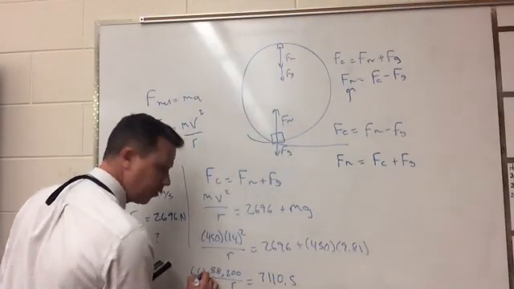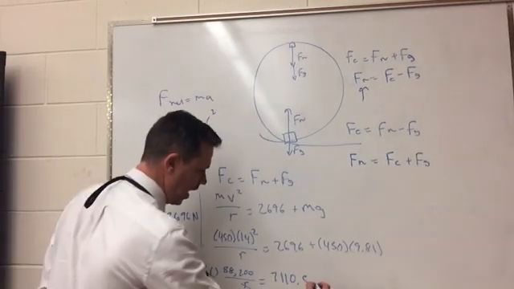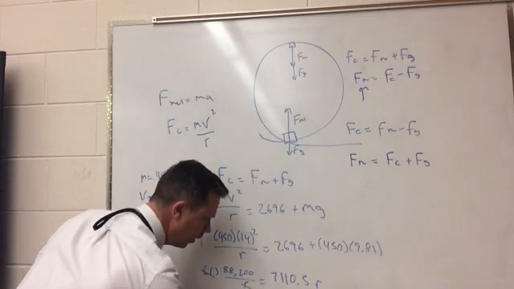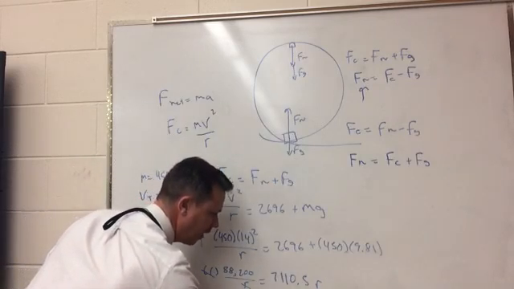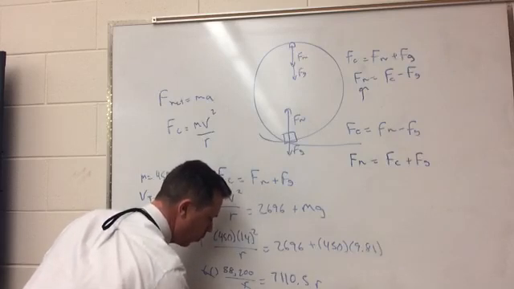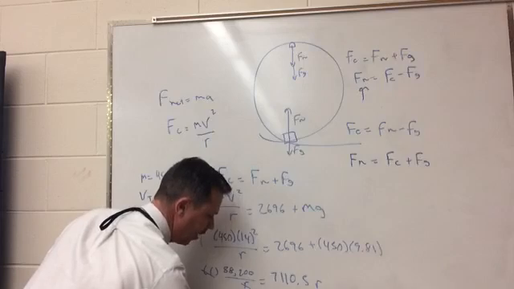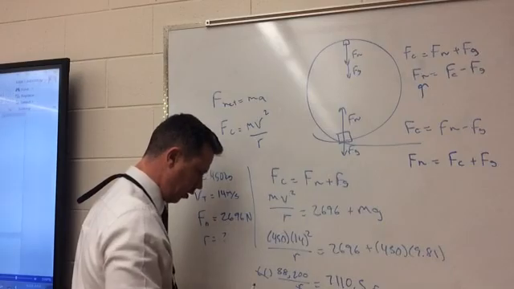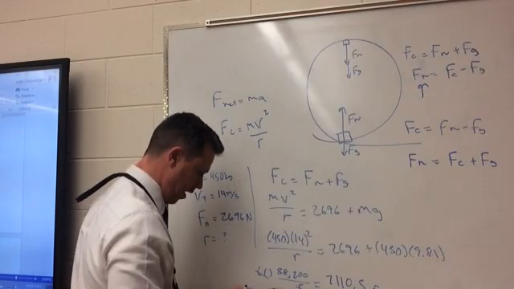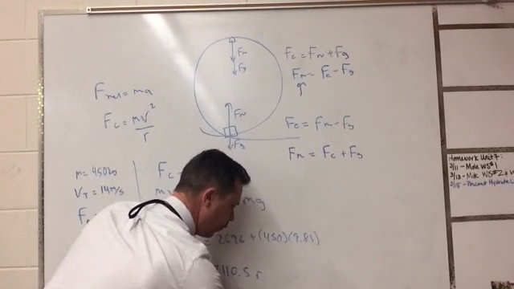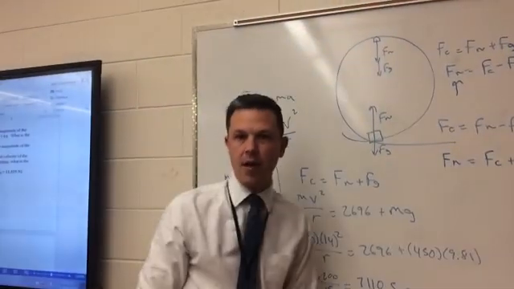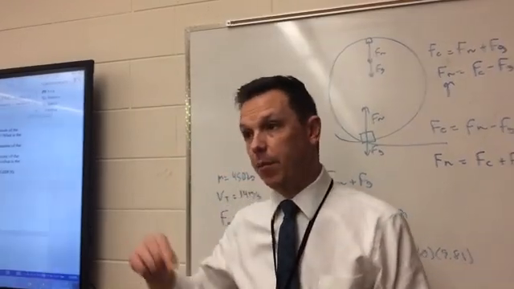7,110.5. I multiply both sides by r to eliminate that, so we get 88,200 equals 7110.5 times r. Divide by 7110.5, and I get an r that is equal to 88,200 divided by 7110.5, which is 12.40 meters right there, okay? So that's the type of problem that we're going to be tackling today in both the lab